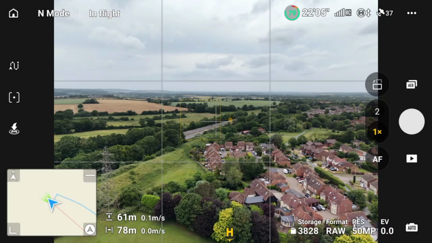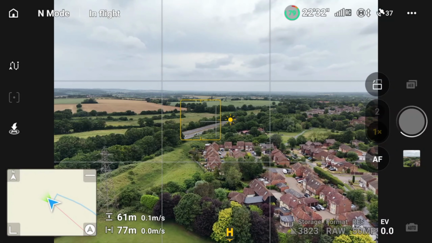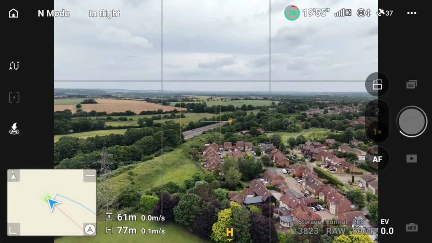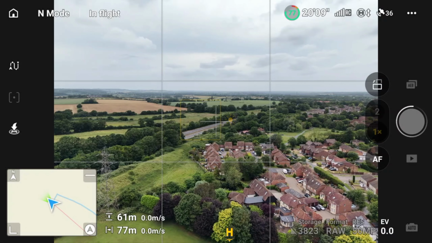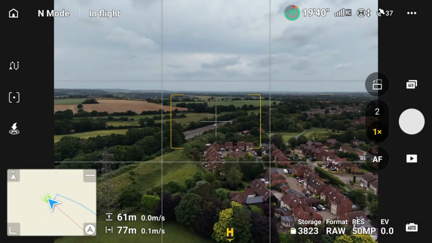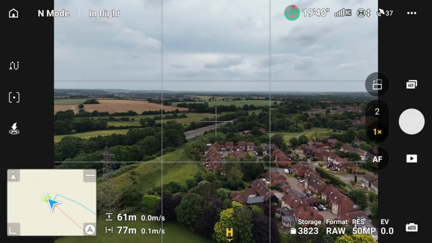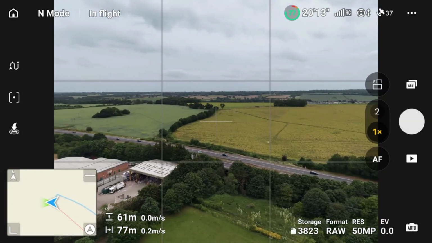Then what we're going to do is we're just going to take a photo. Yeah, it'll take a little while to save. Sorry about the car, it's just gone past me. Right, that's now saved, so what we're going to do is we will move the drone